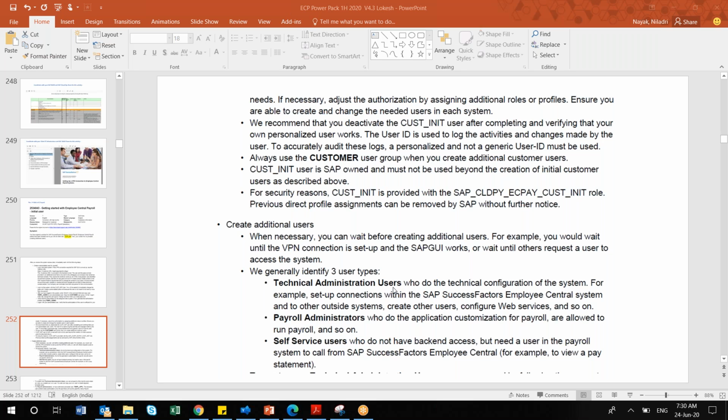This can be given directly to the super administrator of the payroll, as well as the consultant who will be working as a technical consultant or support consultant in the team. So these are the three different additional users you can create. And for security reasons, you can see CUST_INIT is provided with a standard role. That standard role is